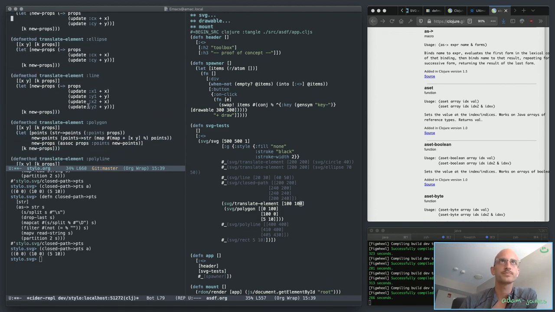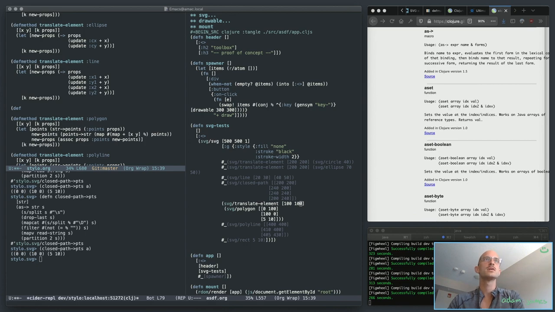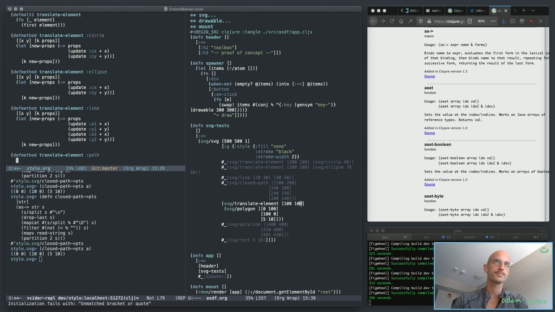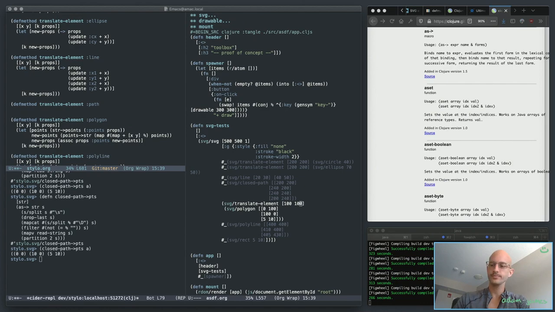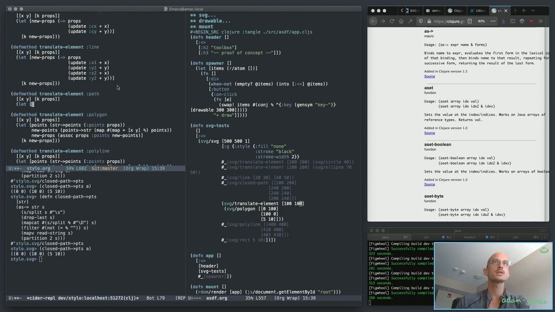Okay, here, okay, I'm almost done for the day. Translate element path. What I have right now is this XY translate there, and you put in K props like that, and then here, and you do a let, just like I've done with this Polygon. I have to do a little bit of